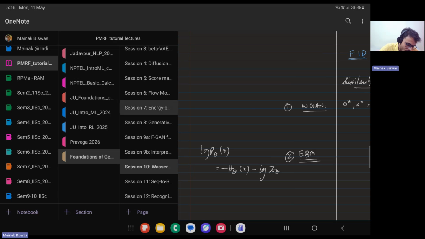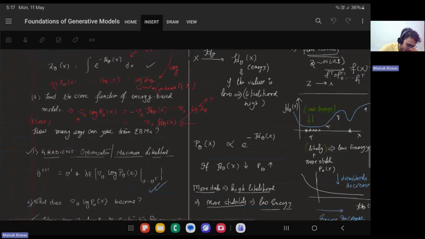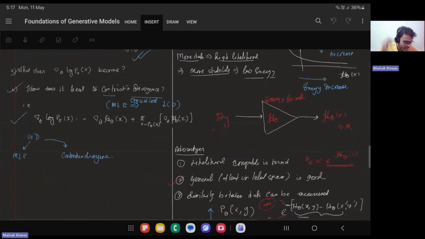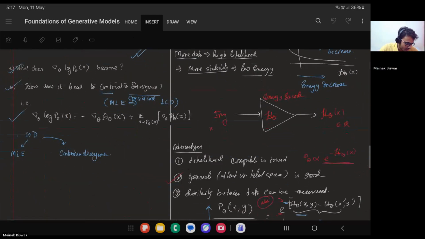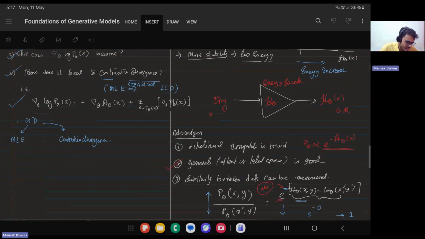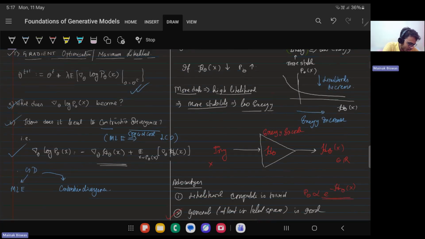If you go to energy-based models and you remember this, so where is the objective function? The gradient that I used to take. So you could see that the gradient that I have over here was computed